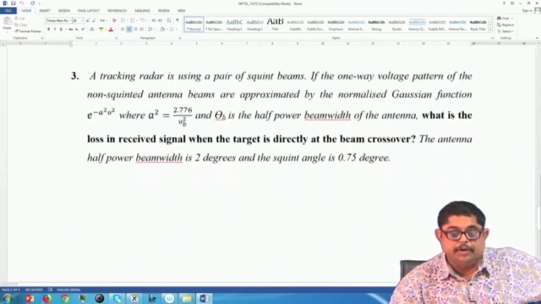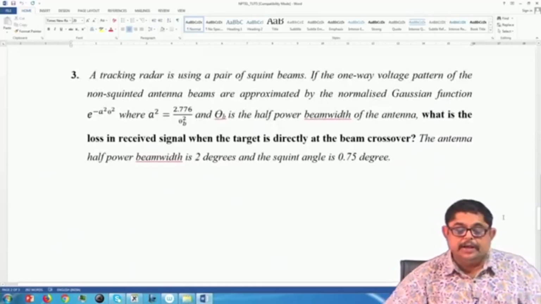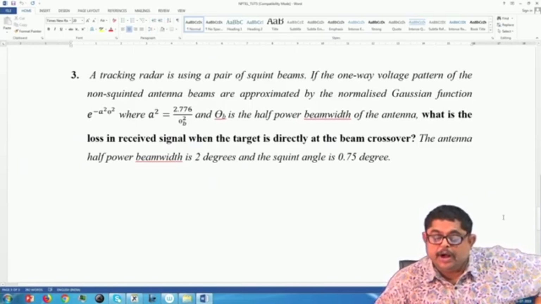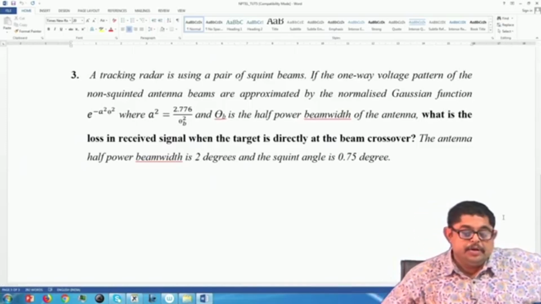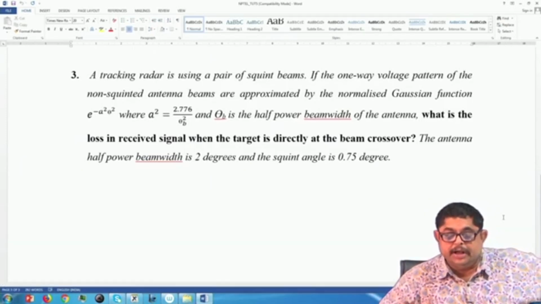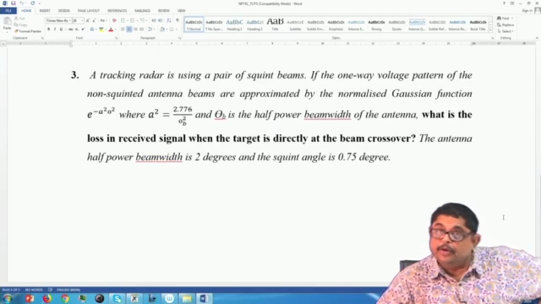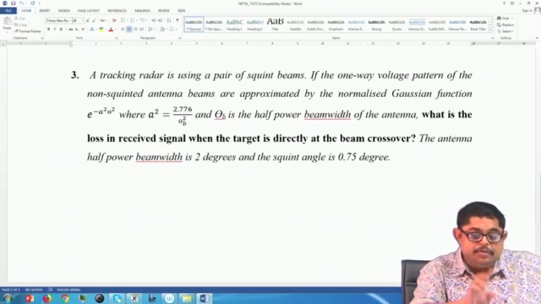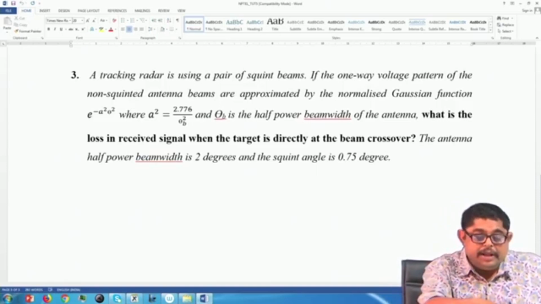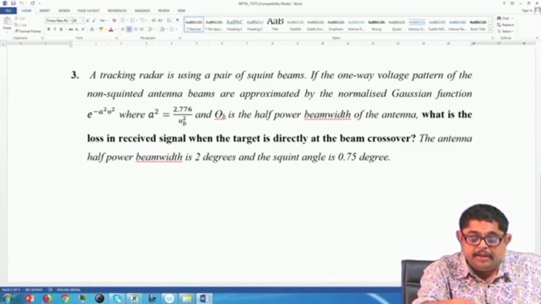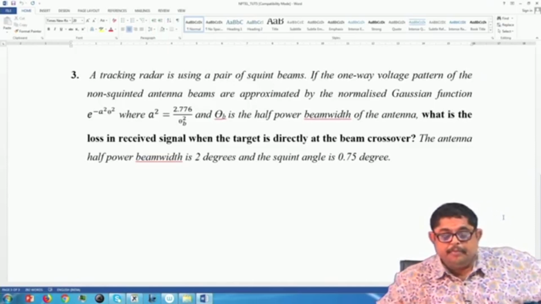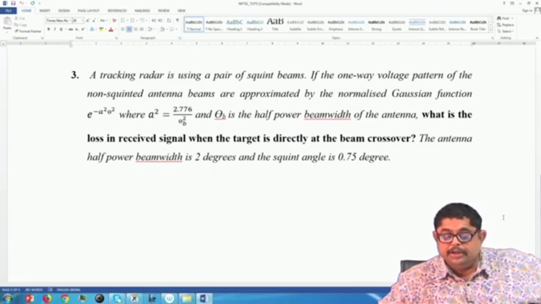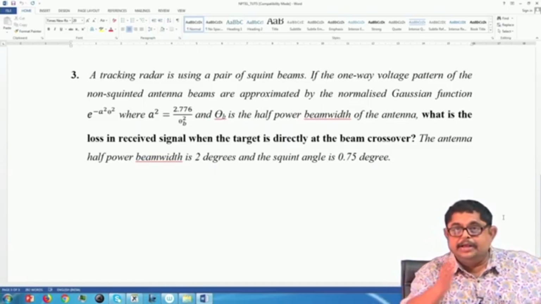This is an important problem. A tracking radar is using a pair of squint beams. Obviously, if the one-way voltage pattern of the non-squinted antenna beams is approximated by the normalized Gaussian function e to the power so and so, where A is a constant related to the half power beam width. So, what is the loss in received signal when the target is directly at the beam